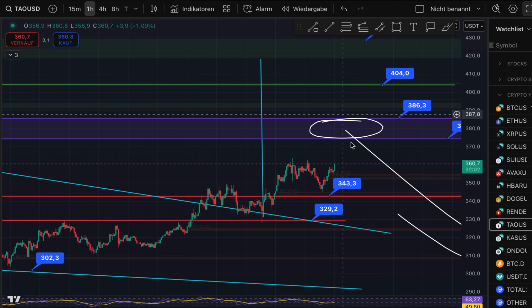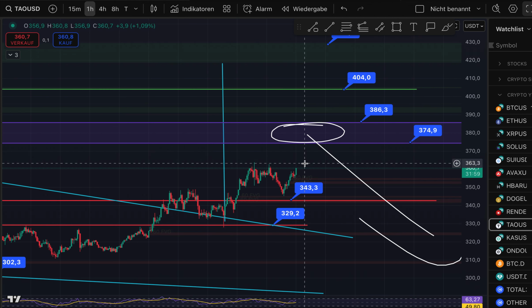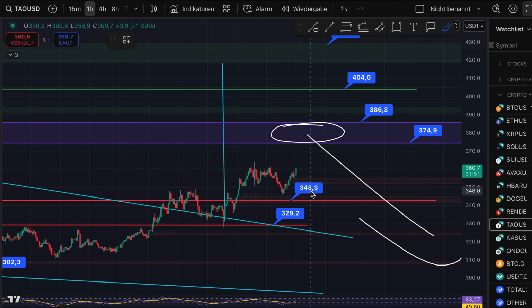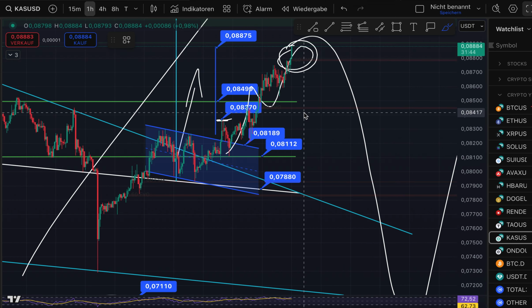So I would be careful in that box. I have showed you why in the past. Whenever we got into that box, we saw some price reaction and a bounce. So with that said, as long as we don't break the $343 to the downside, everything looks good to me for TAO. If we now look over Kaspa,